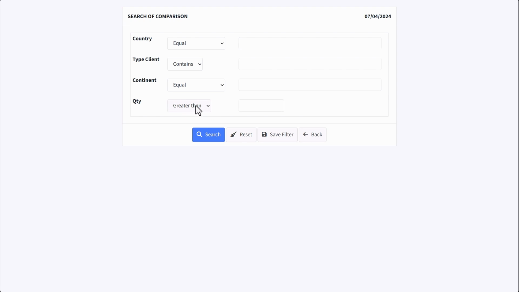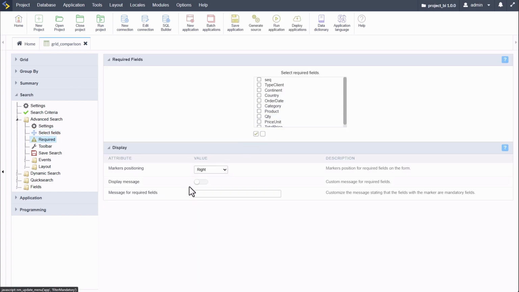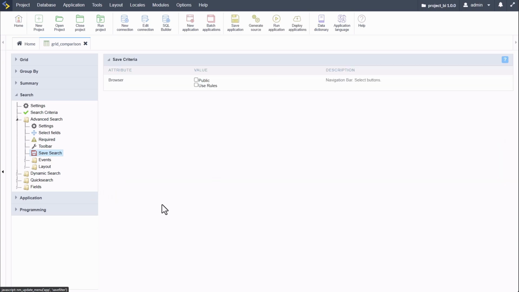So there we have now the quantity, which is by default greater than, less than, or equal. And of course, just like the others, we can choose all or a specific comparison that we want to apply. So back in the form here, you can set those fields as required, change the position, add a message in there. And of course, we have the save search functionality, which then allows us to set that and use rules